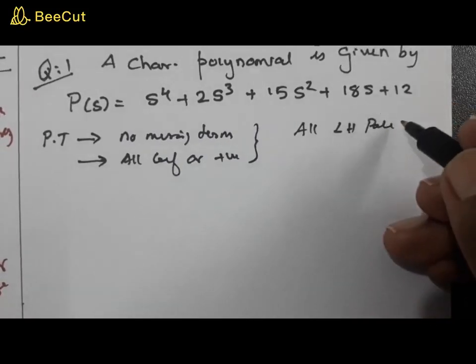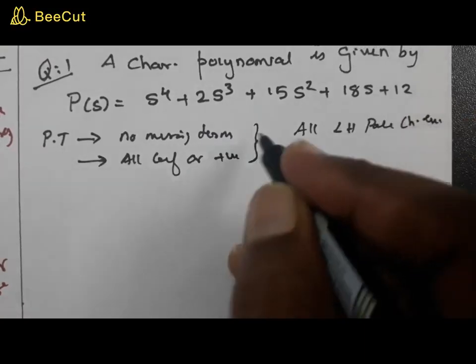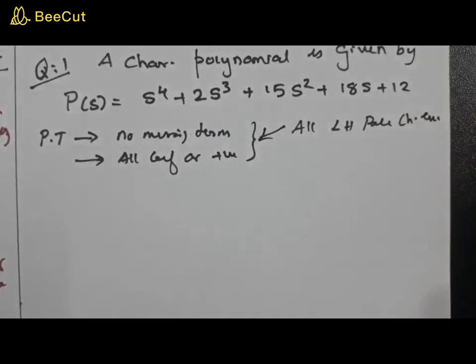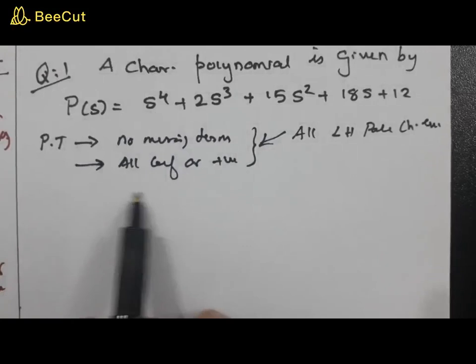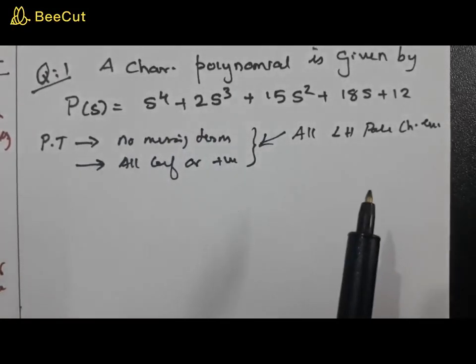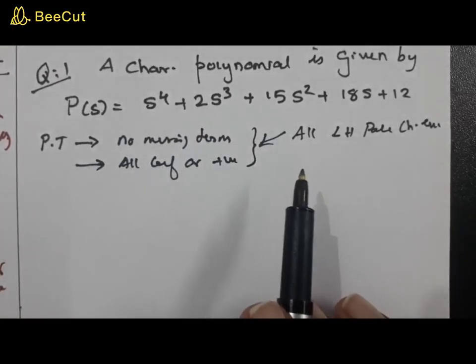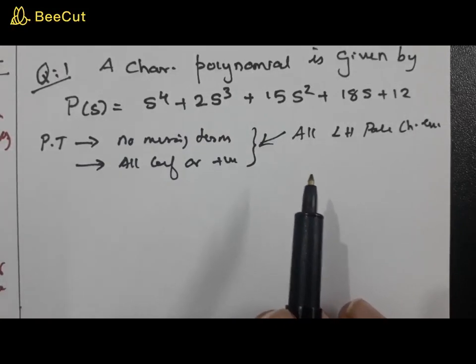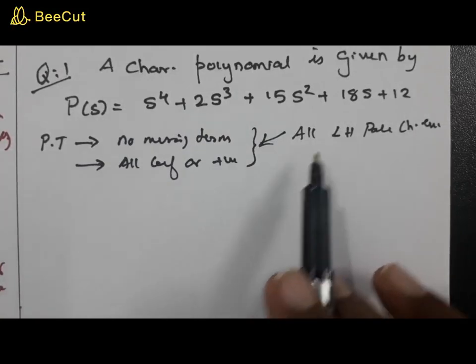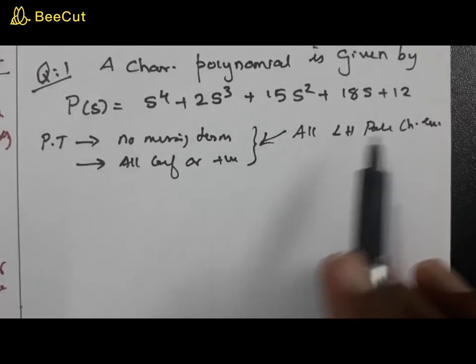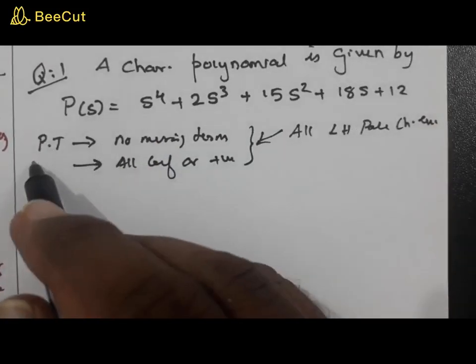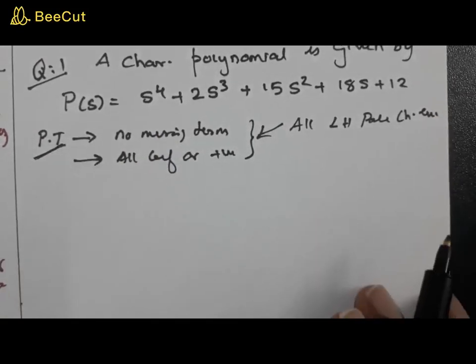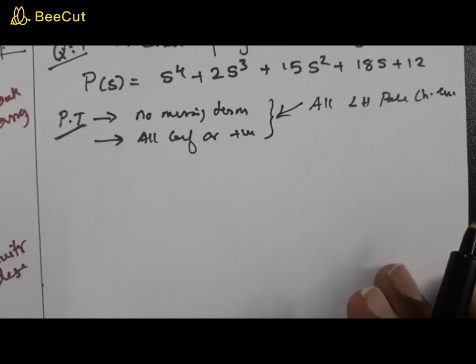All the left half pole characteristic equations will have this character, but you cannot say it in the reverse direction, that is, that all characteristic equations which satisfy this condition should have left half poles. No, that is not necessary. It can go wrong at times, but you can ensure all left half pole characteristic equations will have these characteristics. So that's why we simply do this preliminary test. Okay, now how to apply this